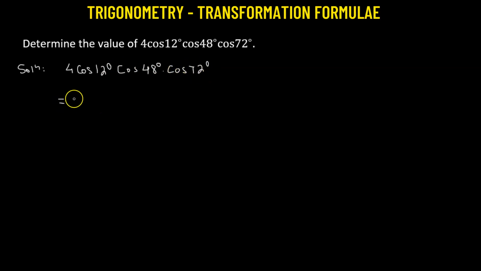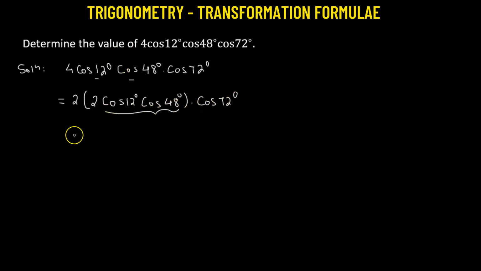So what we'll do, we'll take 2 as the common factor and then rewrite the first and the second expression as 2 times cosine 12 degrees times cosine 48 degrees multiplied to cosine of 72 degrees. The reason why we're writing it in this particular fashion is because now we can use the transformation formula 2 times cosine of A times cosine of B. So that is given by the sum of two cosine functions, which is cosine of A plus B plus cosine